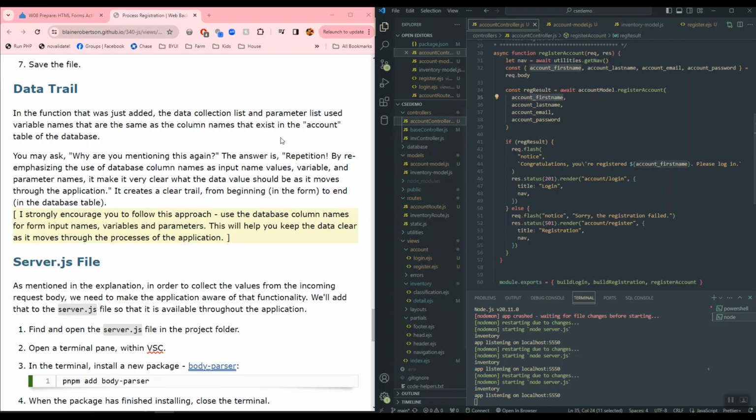These all match our database. It creates a very clear trail from beginning to the end, knowing, hey, I'm inserting the first name into the account first name. So the name is account first name, and we carry that all the way through to the database. He says, I strongly encourage you to follow this approach. It will help you keep the data clear as it moves throughout the processes of the application. And I would say this goes for anything like register account. Make sure that this matches your route in your account route, and then make sure that you keep things very similar,